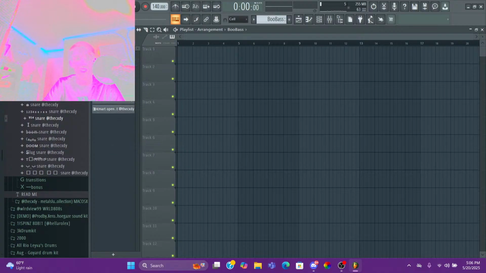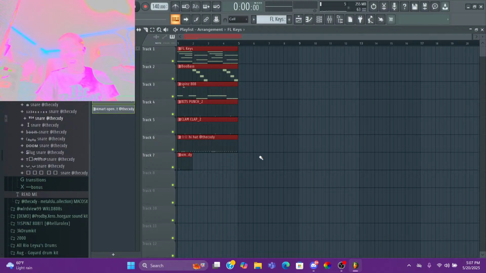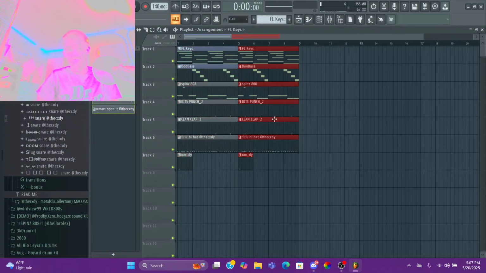So here is the guitar that we just did, the piano, our 808, our backup clap, our hi-hat, and our open hat. So then if you click on the top and then click shift and then click the bottom, it will select all of them for you. And you can just drag out and then all your stuff is there. So what I do to arrange is I usually click B, and then here you have